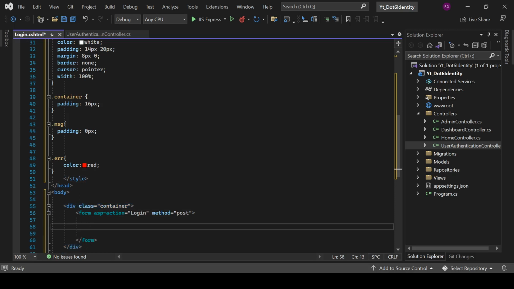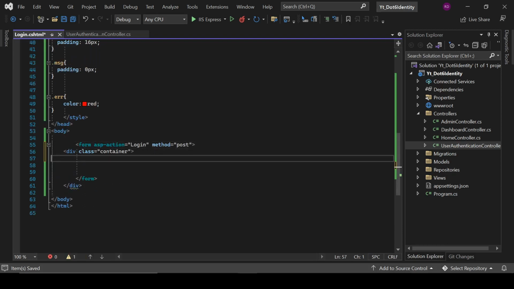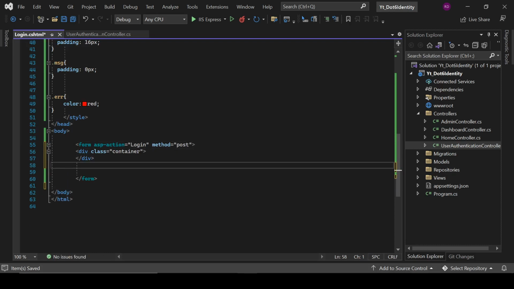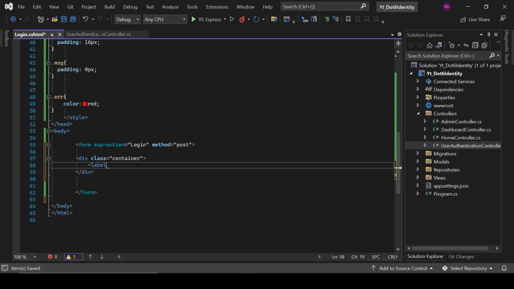Here, move that div inside the form. Now here label for asp-for Username, and it will be Username, and here